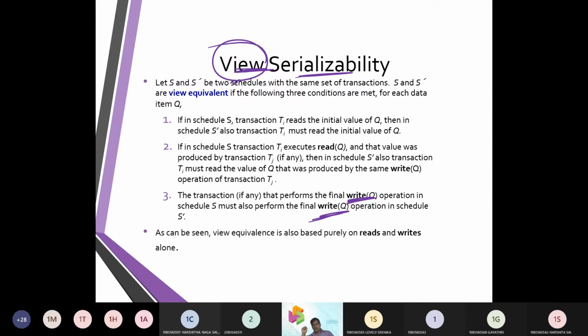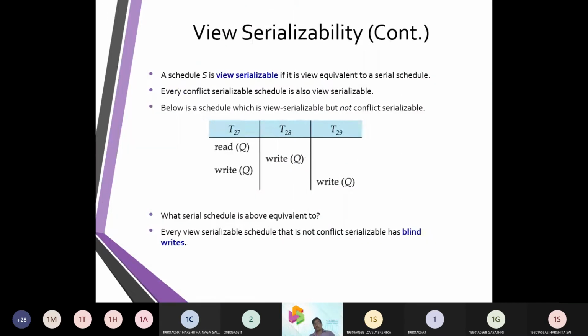The next case is read followed by write followed by read. Maybe there is a chance that view serializability will not be considered. So there are some conflicts in view serializability, and it is also equivalent to some serial schedule.